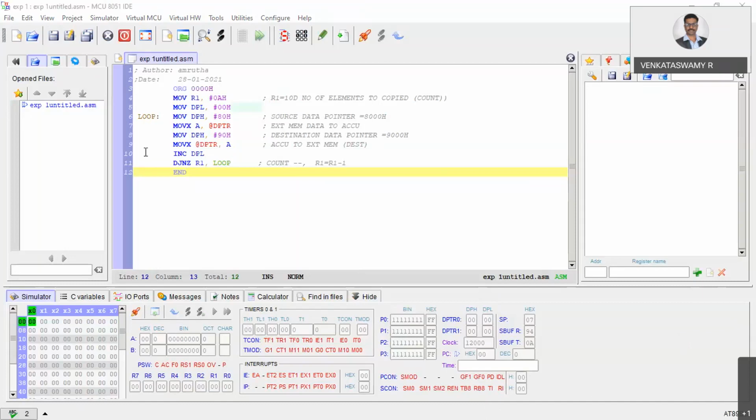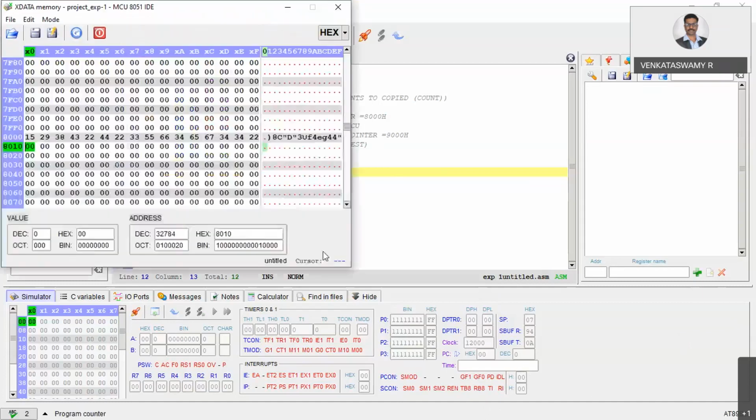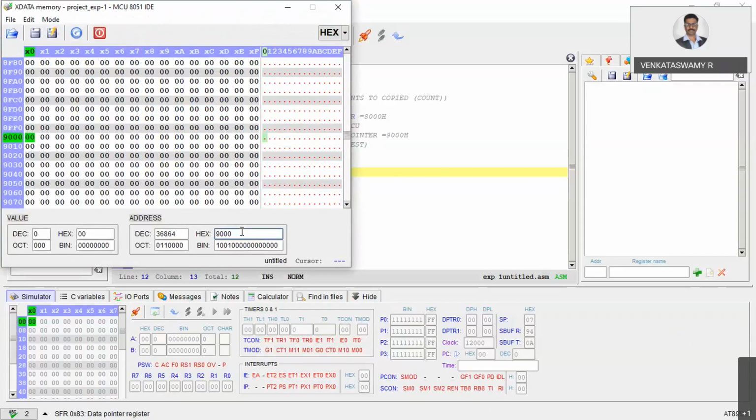No, 8,000 memory and 9,000 memory. Okay, 9,000 memory. Yeah, numbers are not there.